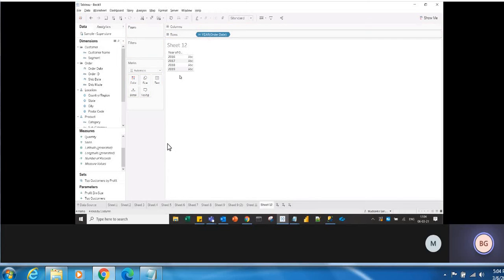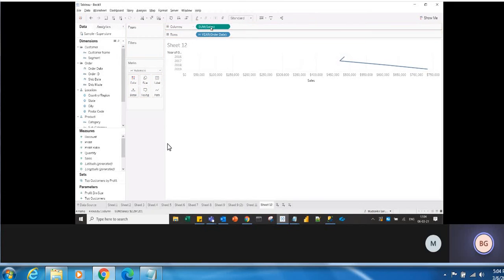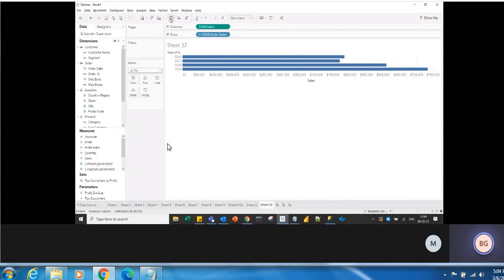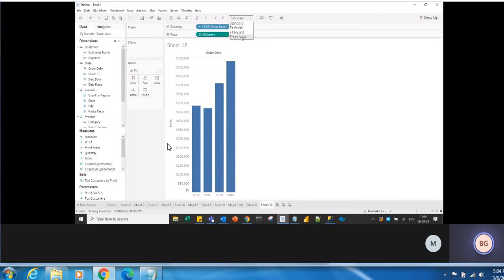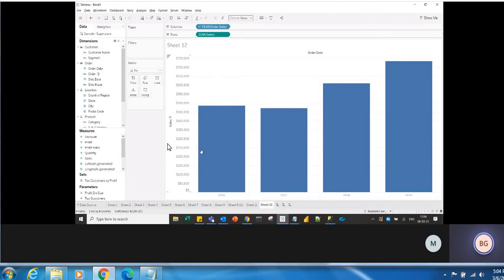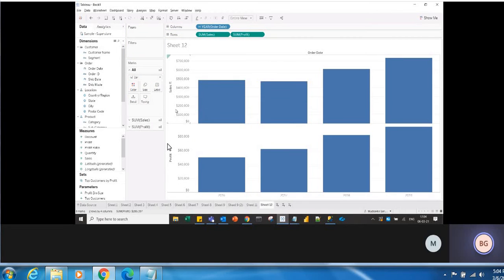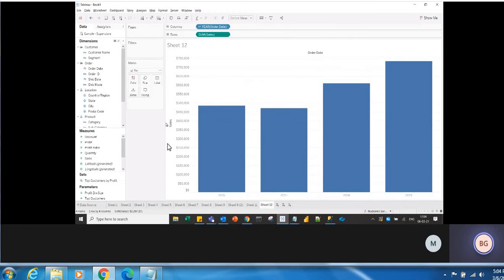Now year wise you want to compare sales and profits. So drag the sales, say year wise sales. Let me take it into the bar chart. Let me swap the rows and take the entire view. So this is the basic visualization, right? So second measure, profit. If I drag it into the rows, what happens? It creates the individual axis. Sales separate, profit separate. But I don't want that. I want to show both the measures in a single axis. Now what I'll do? I'll drag the second measure into the existing axis.